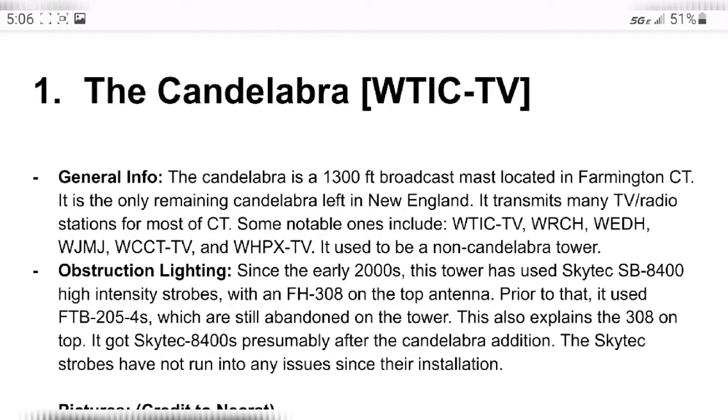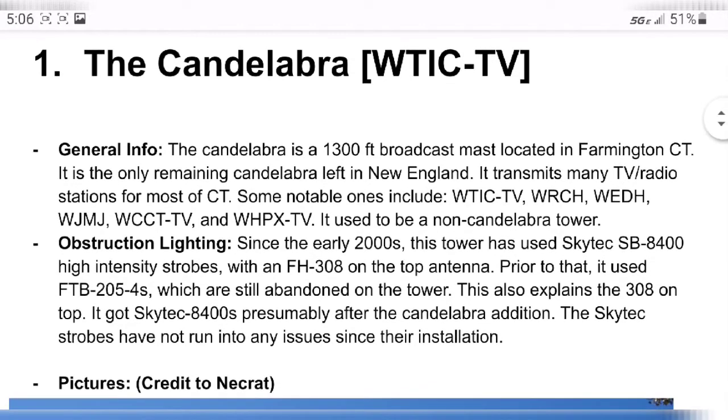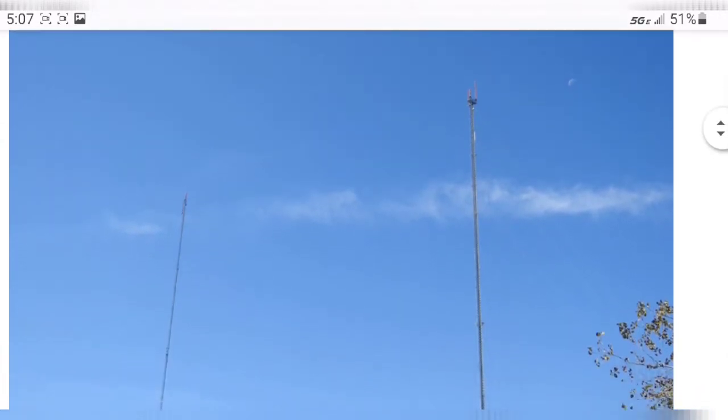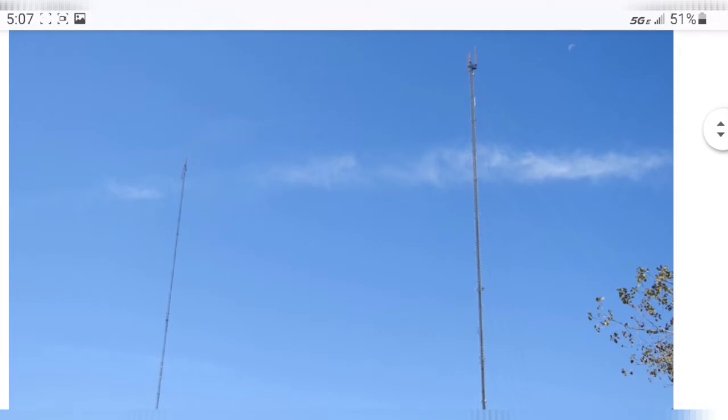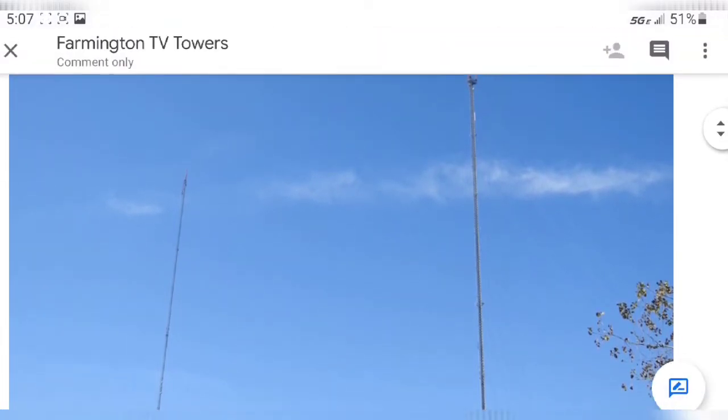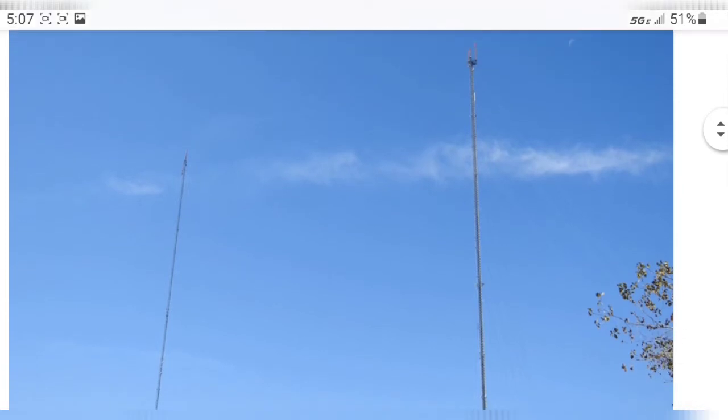So today I had to make two request videos. I'm going to do this one first because it's short. It's only 2 towers. The other one I had to prepare for. I had to screenshot all the towers and stuff, so I don't have to look up street names and all that stuff during the video. So yeah, let's get into this. This is Ryan C's request video, his favorite towers. The Candelabra,